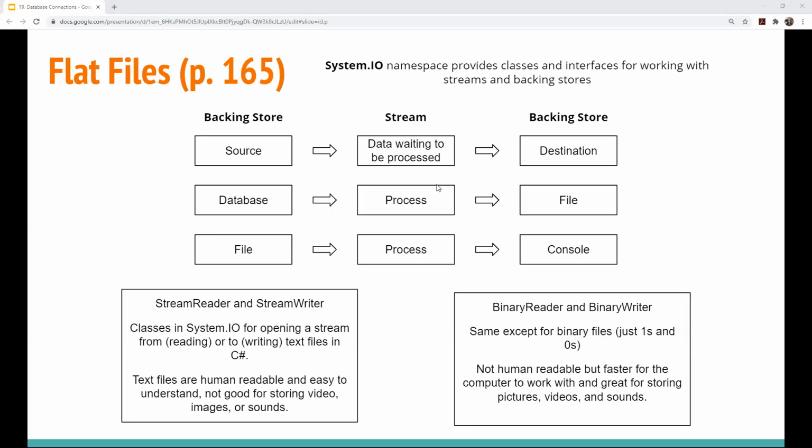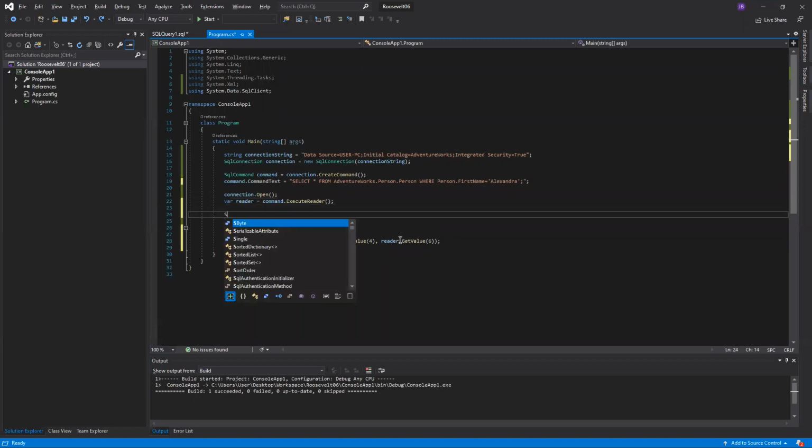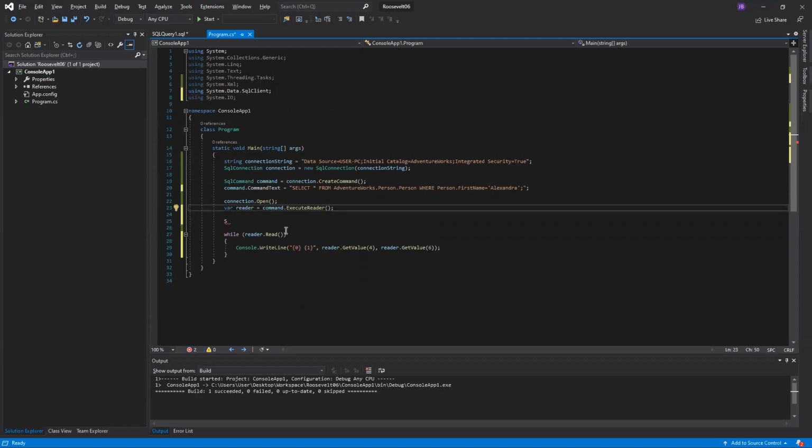So you can just use a stream writer to write to a text file. It's basically the same as writing to a console. I guess we can do it super quickly. It's really not difficult at all. So we can say System.IO